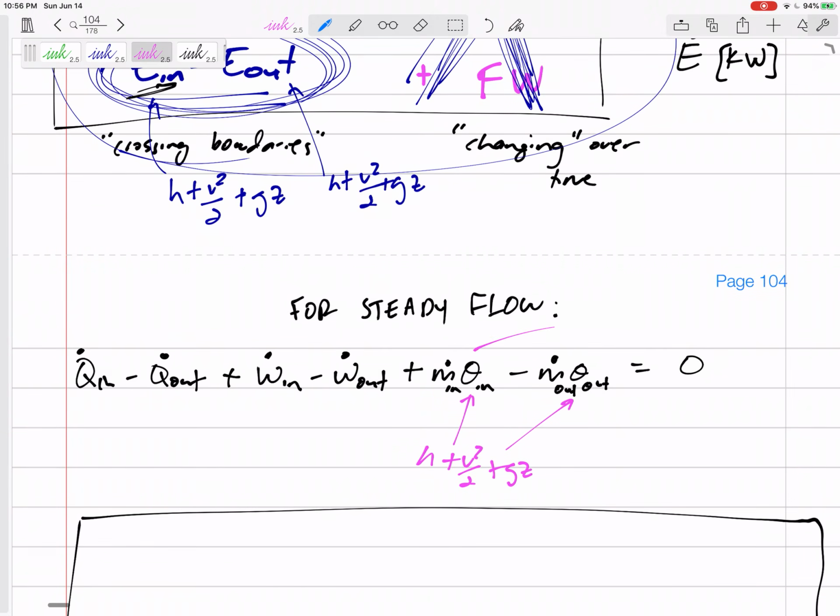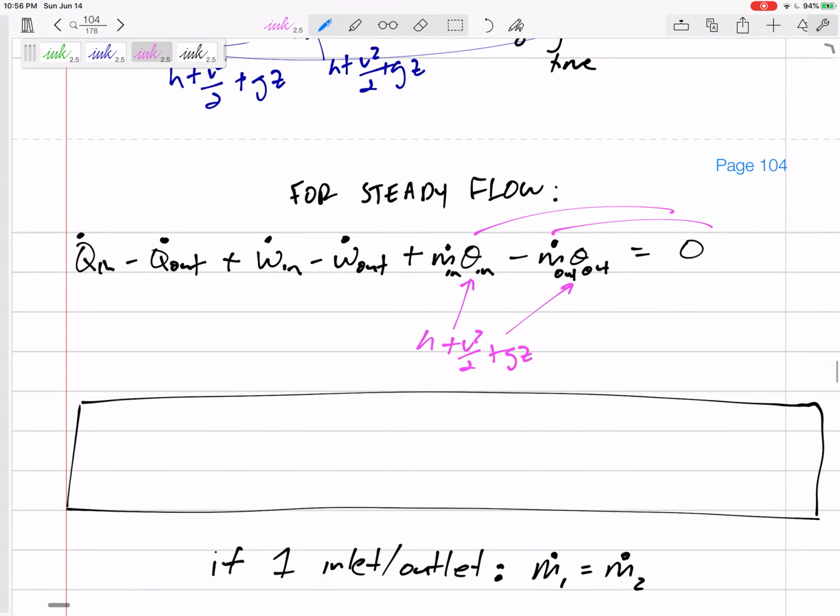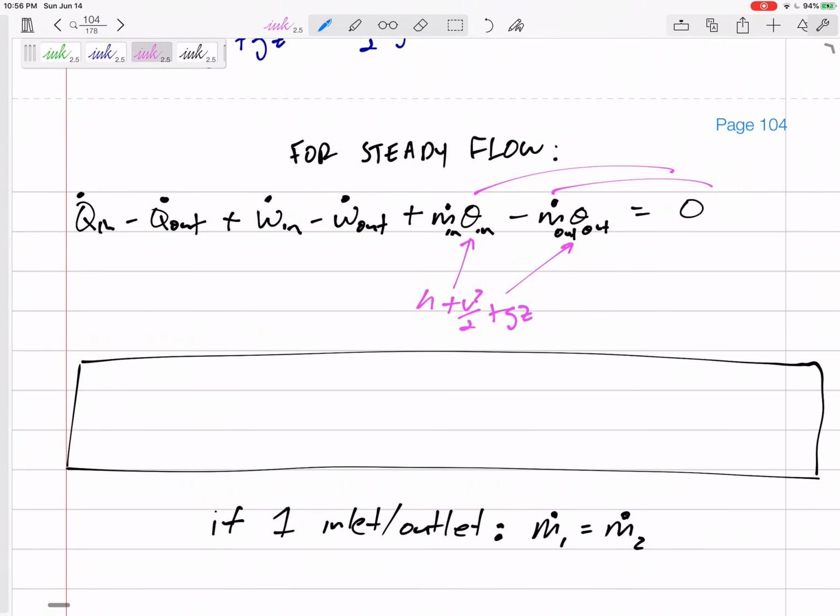Do you mind if I go ahead and take those to the right-hand side of our equation? I'm going to leave the Q's and W's on the left-hand side, but I'm going to take the energy in a flowing fluid to the right-hand side. So it becomes Q plus W, but you know that in means positive and out means negative, equals